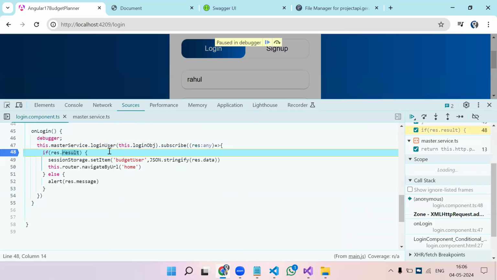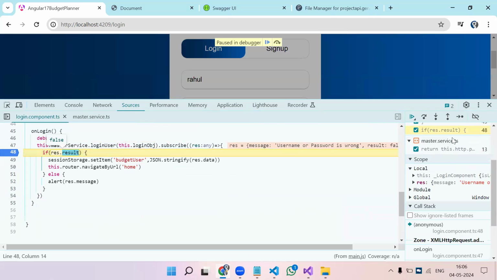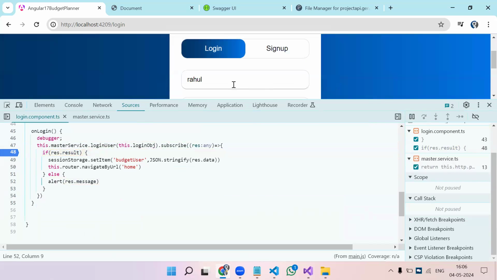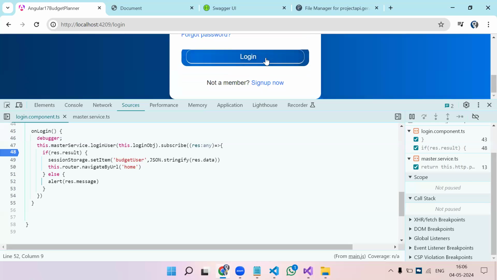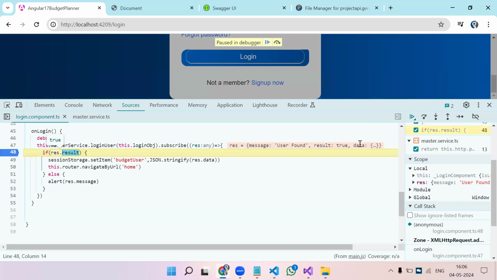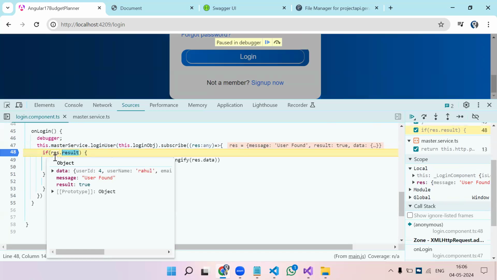Let's continue. So now in the result, you got false, and in the message, you will get the error: that the user ID password is wrong. Let's try the correct password now. 111222. Login. Continue. So now you can see we have got true, and in the result, you will get